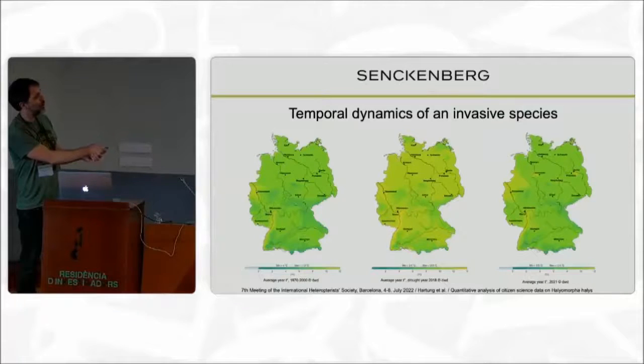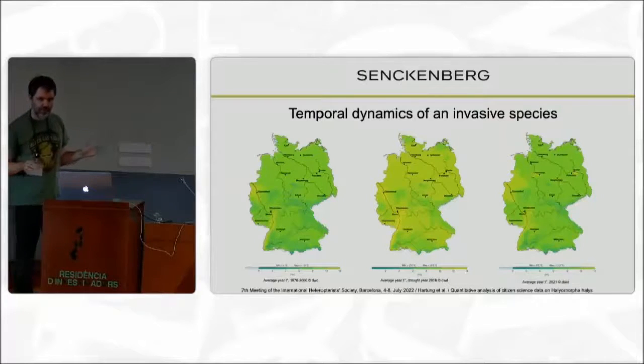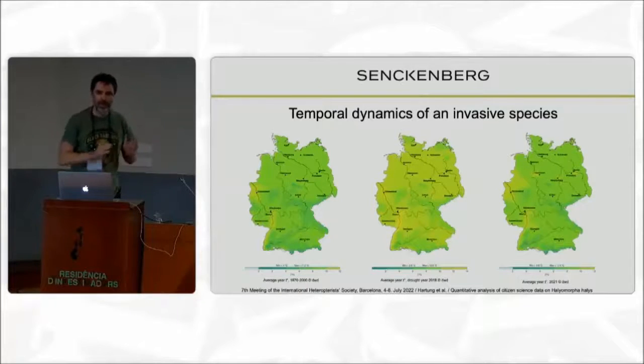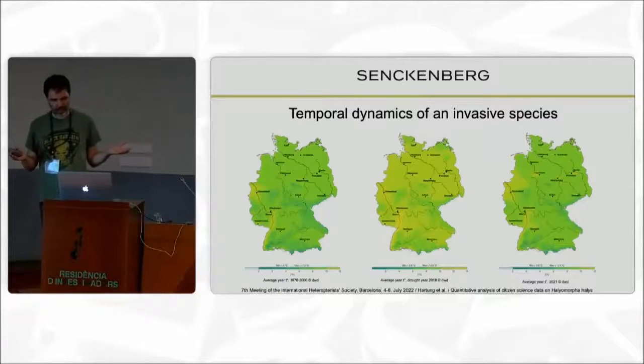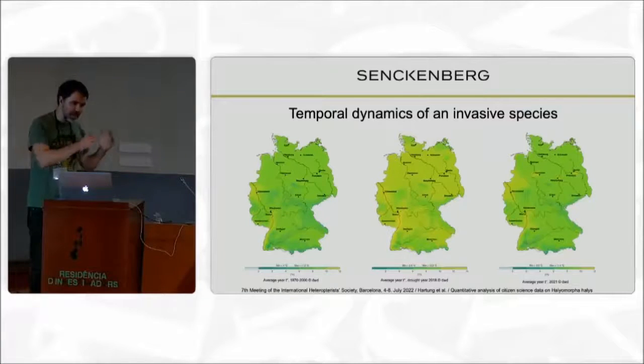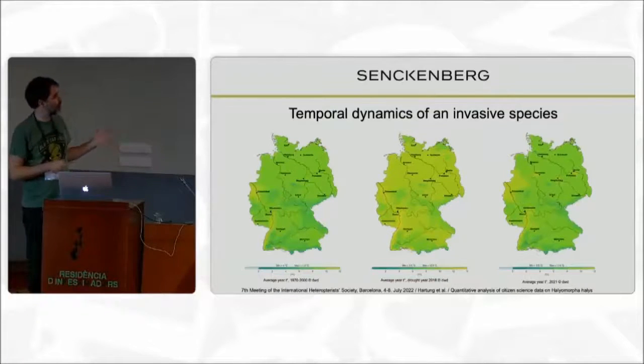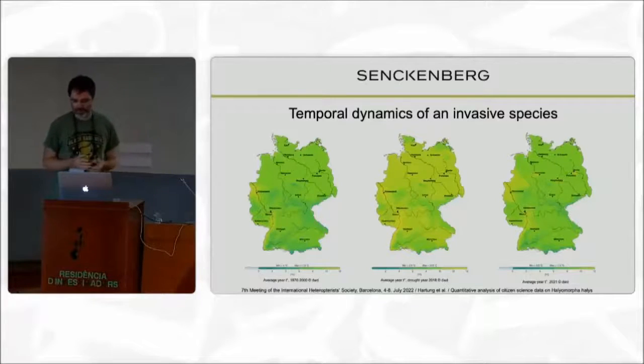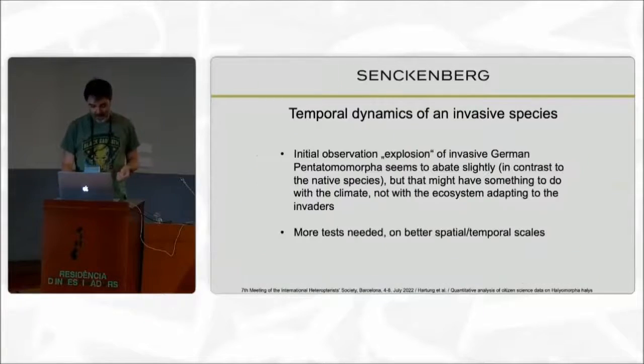Whereas in 2021, after these three drought years, it goes quite well back to normal. So this one is already very similar to that. 2018, 19, 20, it was very dry and very hot. So my explanation for the invasive species is that they mostly come from warmer environments, and they feel better when it's warmer, and when it's getting colder again, then the records and the occurrence of the bugs go back. But of course,